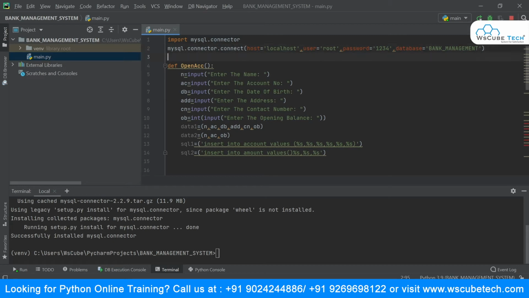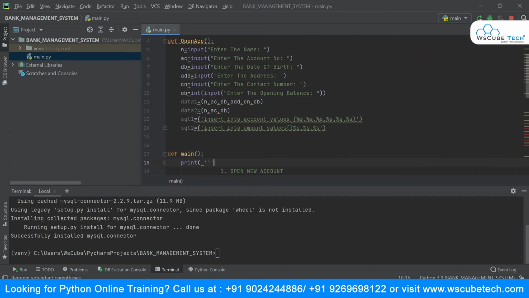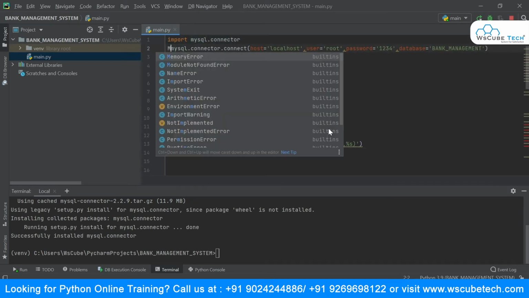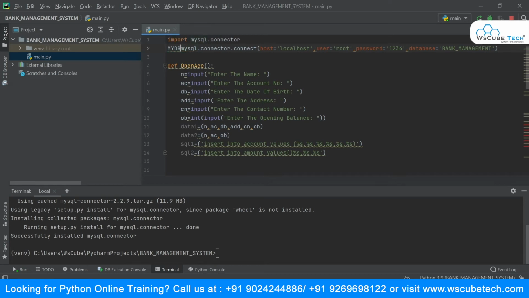Okay, and now I want to obtain my cursor object, so I will put this inside a variable name. I will say my database is equal to, and over here I will create my cursor object.